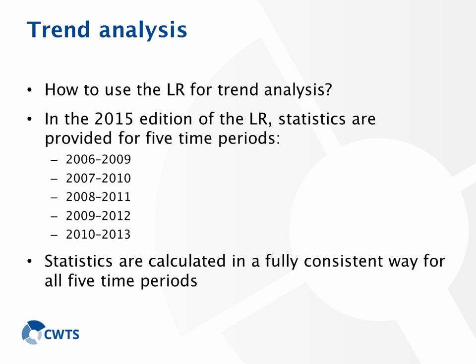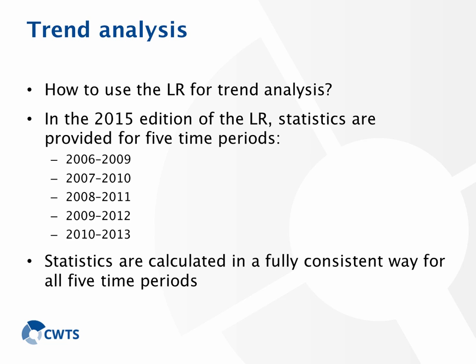Users of the Leiden ranking often want to perform trend analysis based on the ranking. In the past, this was difficult because of methodological differences between different editions of the ranking. However, in the 2015 edition of the Leiden ranking, a backward perspective is offered that facilitates performing trend analysis. The Leiden ranking 2015 provides statistics not only based on publications from the period 2010-2013, but also based on publications from four earlier periods,